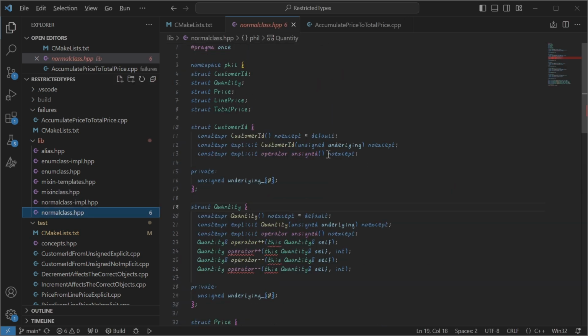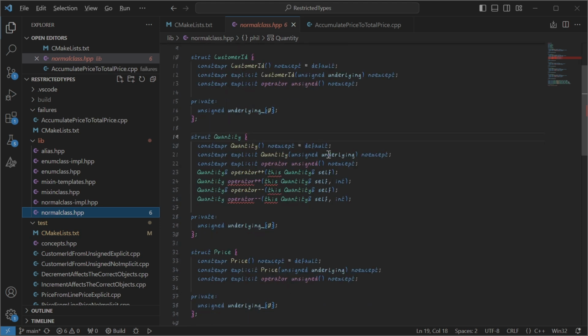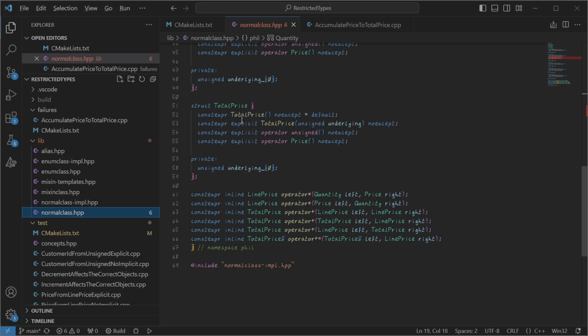One of the things with using the mix-ins is all of your addition and multiplication operators have to exist on the class type itself, because that's how mix-ins work. You can't acquire free functions in the same way. You can't mix in free functions. That's just how things are. The disadvantage of that is, if we look at